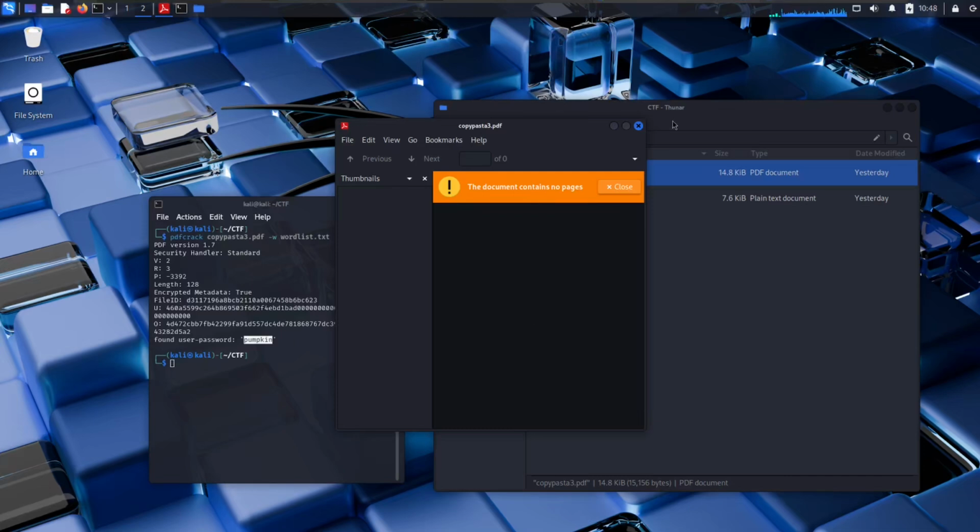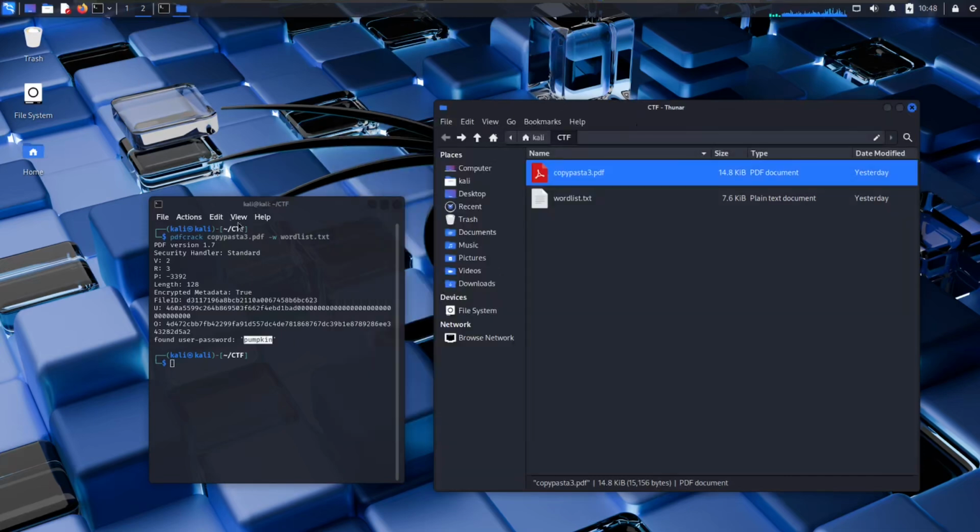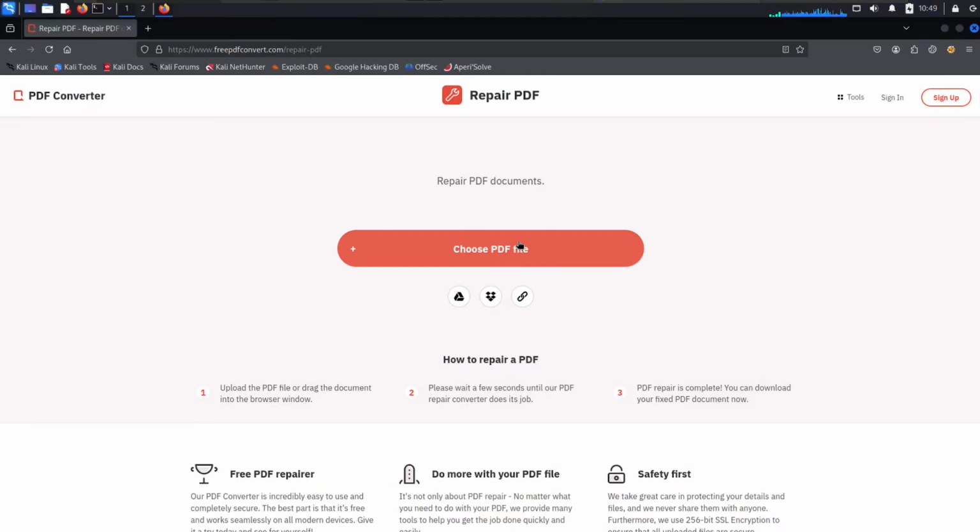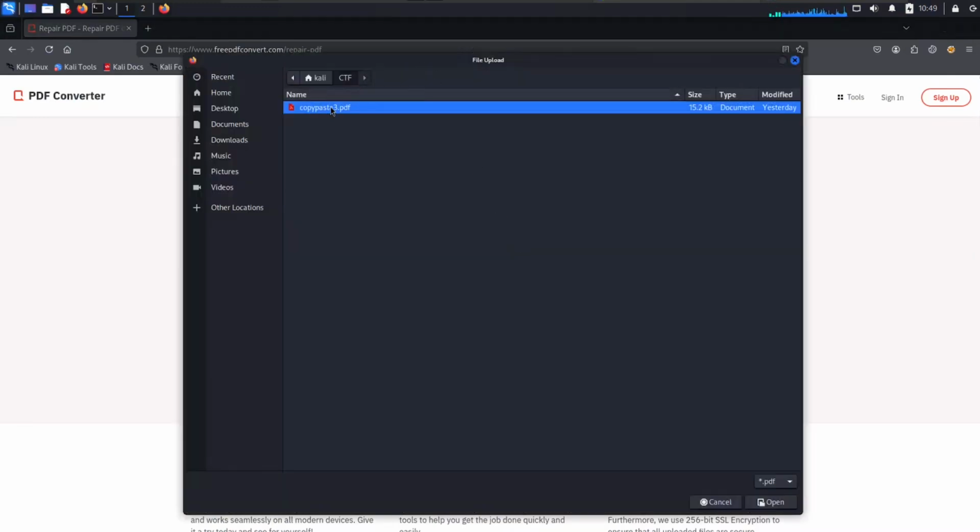And open, but nothing there. So the next step, with the password, go to this repair site. I did look at the headers and all that. It was taking too long and I wanted to get first blood. So